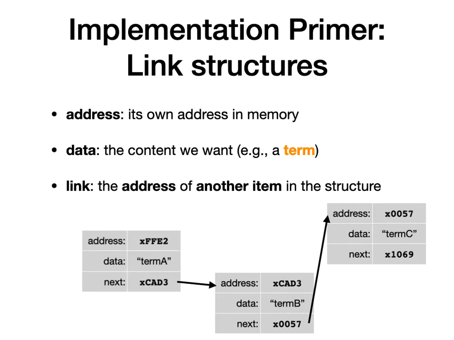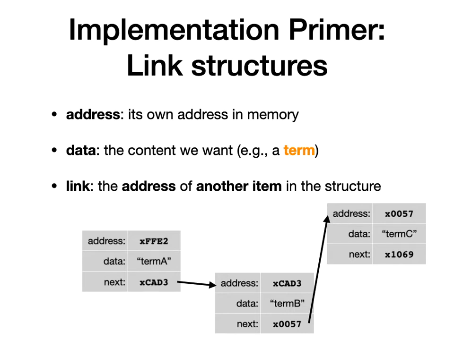So in linked structures, linked lists, trees, all these things, every item has a few things. First, it has its own memory address, right? Wherever this actual item lives in memory. It has the data, so the content that we actually want to use, right? So this is all the infrastructure around getting access to a single piece of content. In our case, we think of this in terms of terms, although I will note that terms are typically strings, which are a little more complex than a single number. But you don't have to worry about that. The core concept is